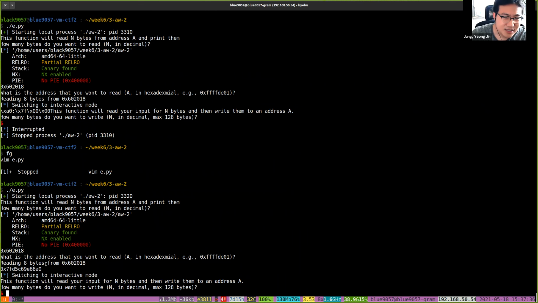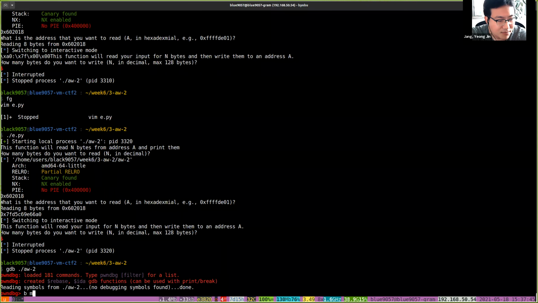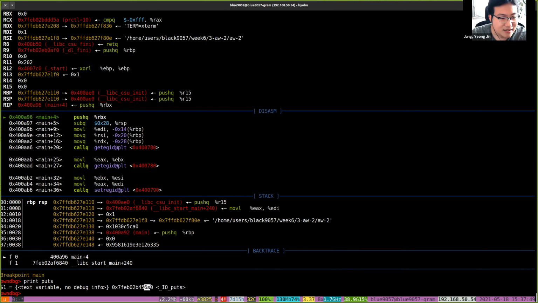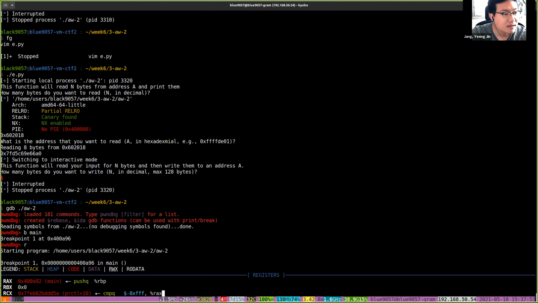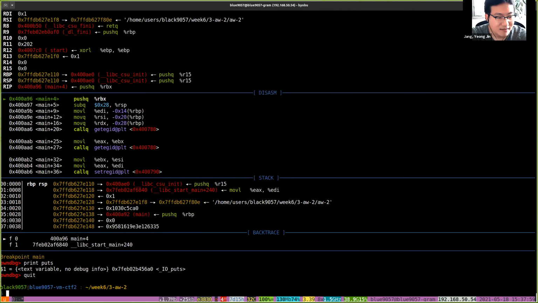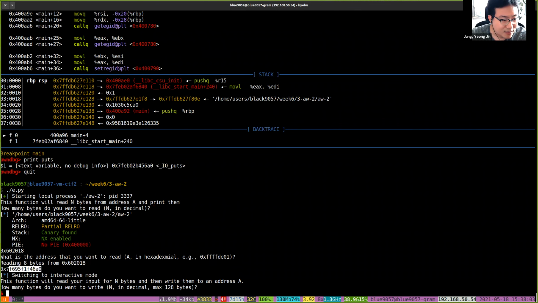And then to check that, just focus on the last 3 digits, 6A0, and then run gdb, break at main, run, print puts, 6A0, which is the same. 6A0, right? Yeah. So we got the address of the puts right now. So we successfully get the address of the puts, and then it will print out the 2 more lines